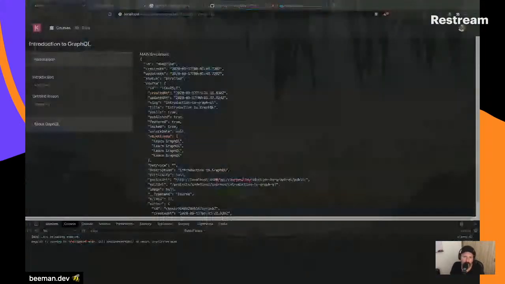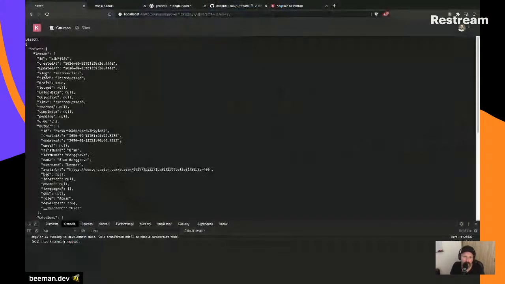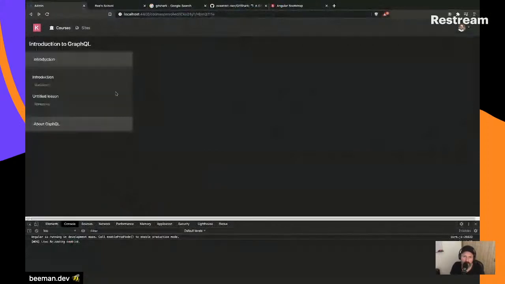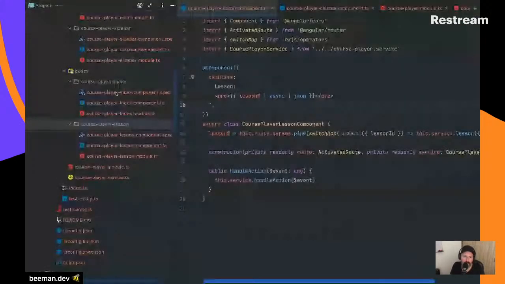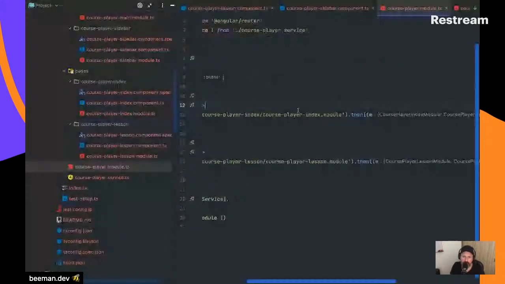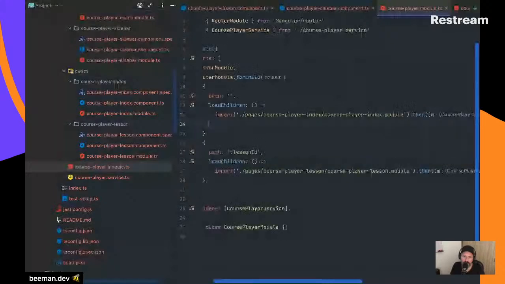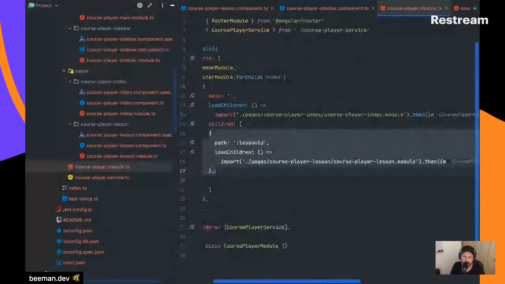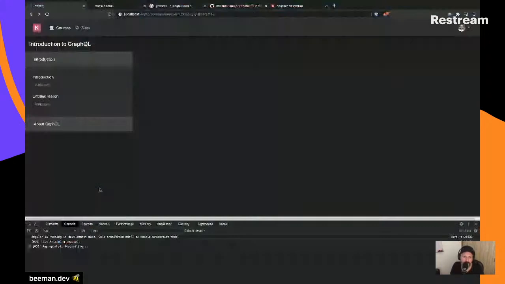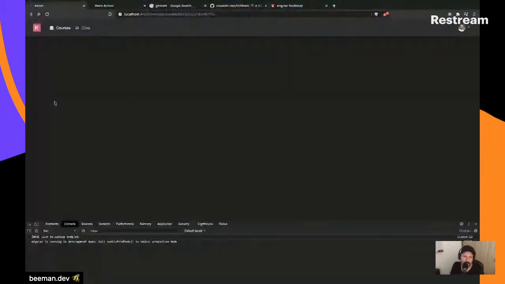Now, currently we're not routing anywhere, but if we now click one of these, hey, we should be able to. Yeah, okay, so the issue is in the course player module, people that are paying attention probably already noticed this. I need to add it to children. So this is a child route, so I can say children in, and make sure that it appears inside here. So now when it re-renders, lessons,